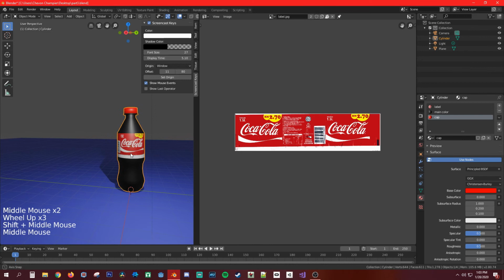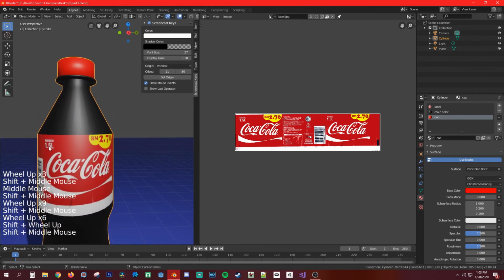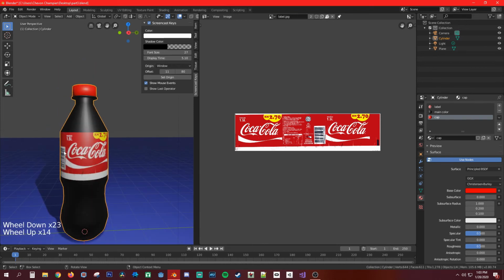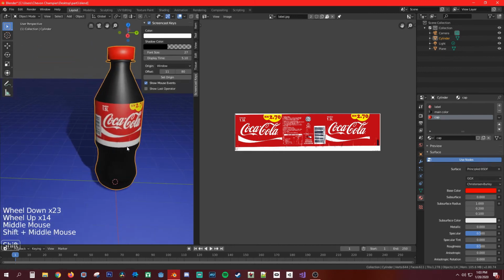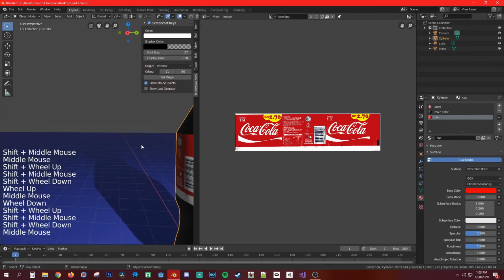Let's make this the front. So, oh, one more thing. I realized this is a 1.5 liter label. Just ignore that for now. This is probably 20 ounce or something like that. Anyways,